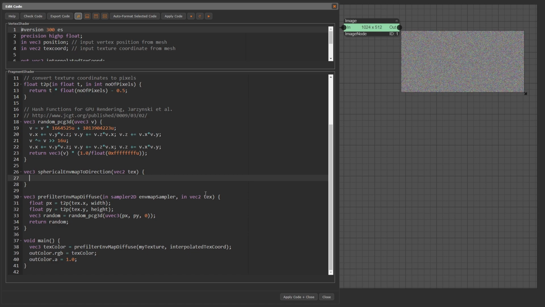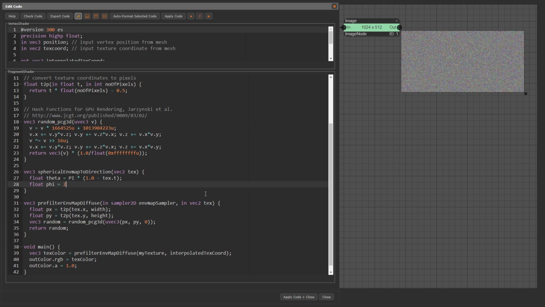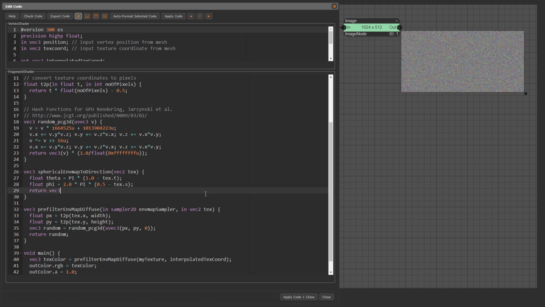Now, translating this to GLSL code gives float theta = pi * (1.0 - tex.t). Float phi = 2.0 * pi * (0.5 - tex.s). Return vec3(sin(theta) * cos(phi), sin(theta) * sin(phi), cos(theta)).